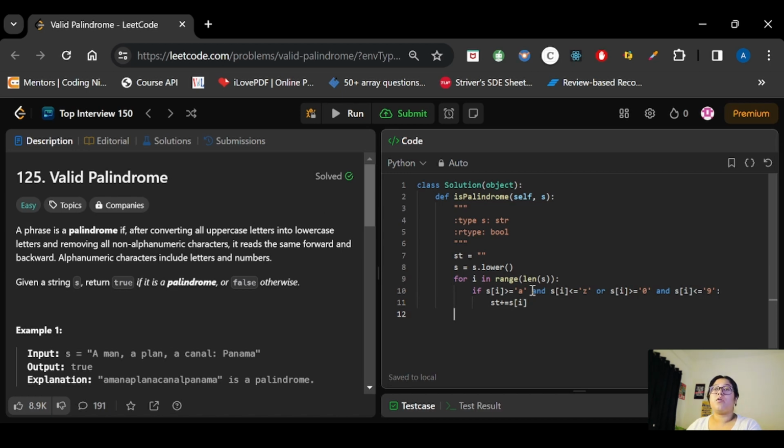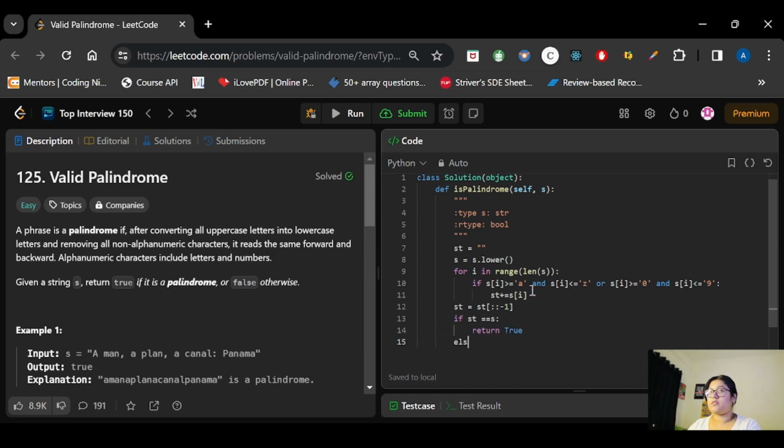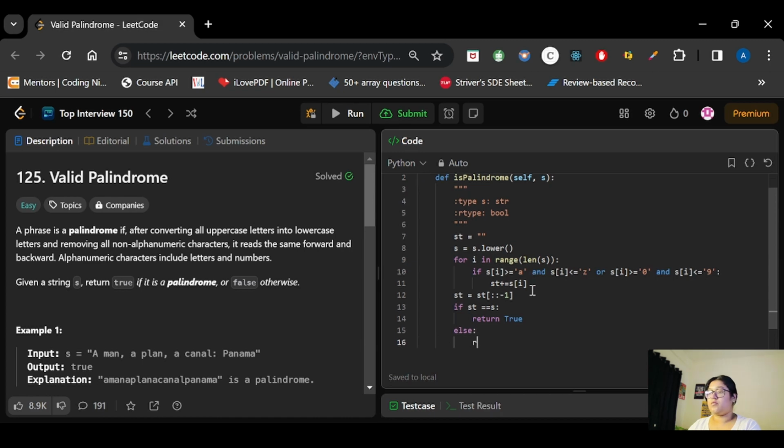Out of this, we will reverse the string. So let's reverse the string, st is equal to the reversed string. Now we will check if st is equal to s, then we need to return true, otherwise we will return false. Now let's try to run the code.